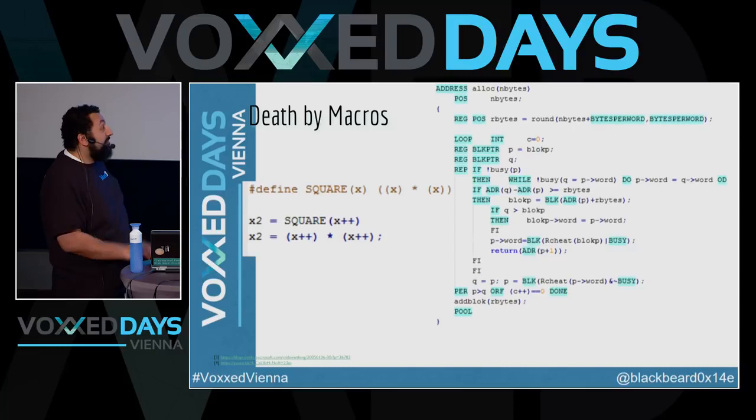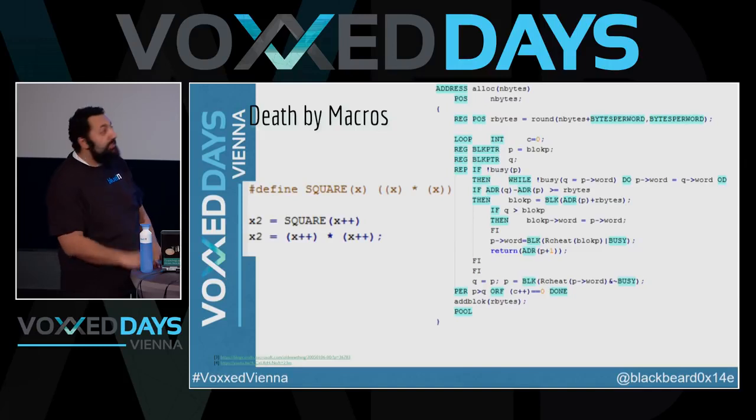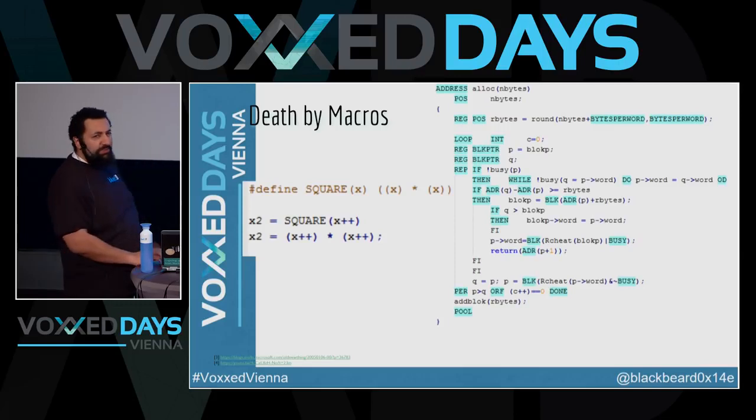This is another example. The title of the slide is Death by Macros. This is from an article called Death by Macros. This is a piece of code from, I don't remember where. But basically, when somebody would do crazy stuff with macros, they would give them this piece of code and tell them, hey, explain what this does. The highlighted parts, and I missed some of them, are all the macros, and this is very difficult code to understand.